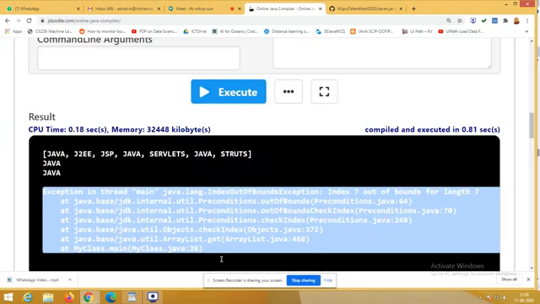Because it is ready to fetch the first Java, it is ready to fetch the second Java, but the position I have given, the size of position is 0, 1, 2, 3, 4, 5, 6. Seventh position is not available in the given list. So it is ready to access me. In that case, it will generate exception.